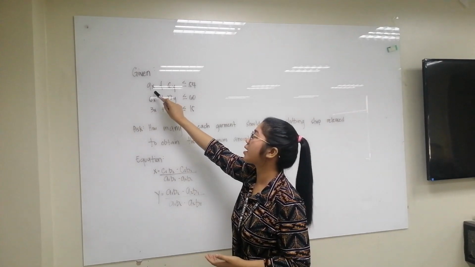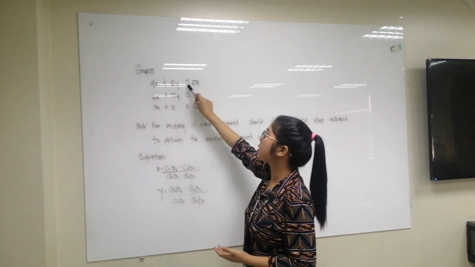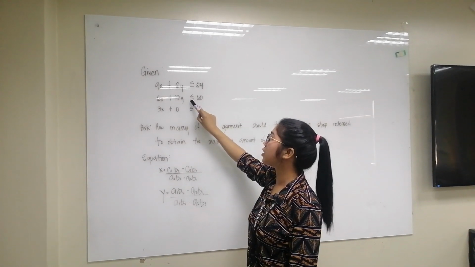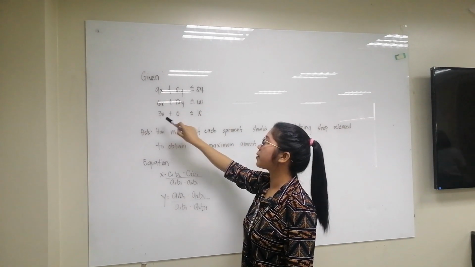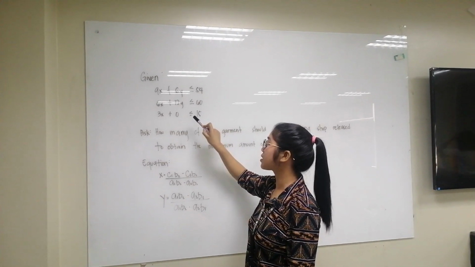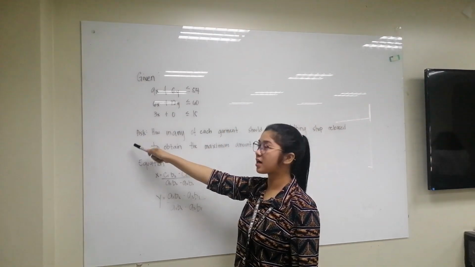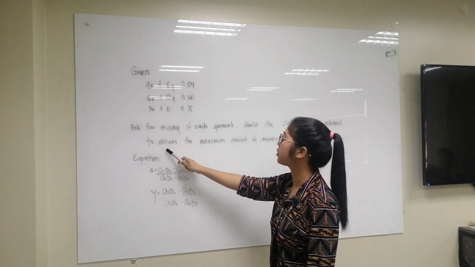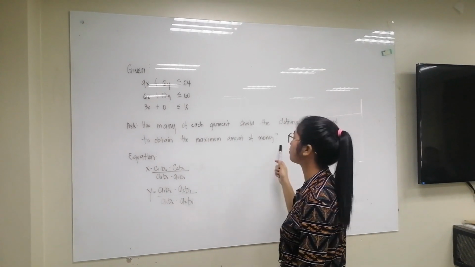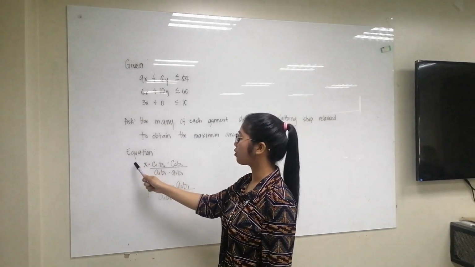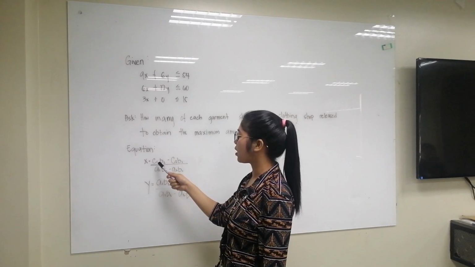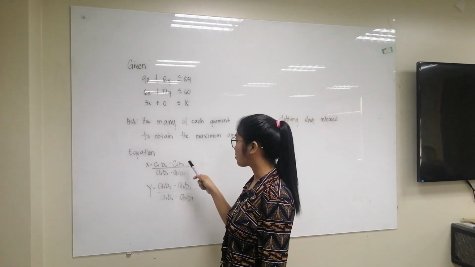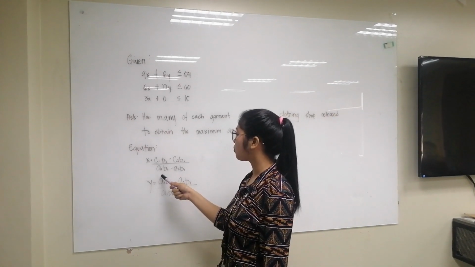The given constraints: 9x plus 6y less than or equal to 54, and 6x plus 12y less than or equal to 60, and 3x plus 0 is less than or equal to 15. And for the ask, how many of each garment should the clothing shop release to obtain the maximum amount of money? For the equation, the formula of x is